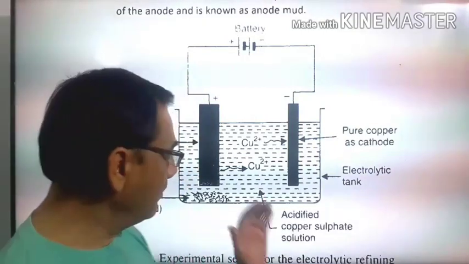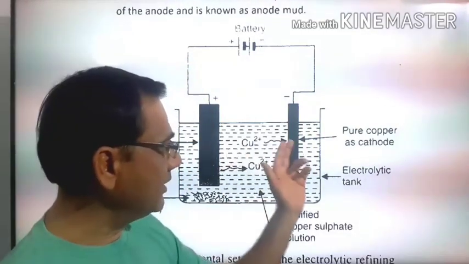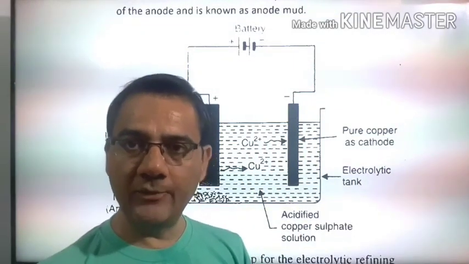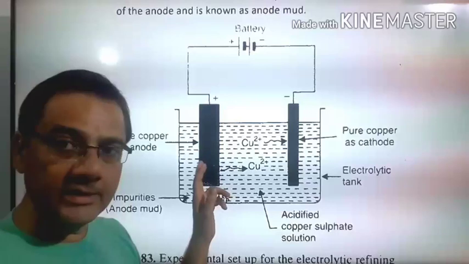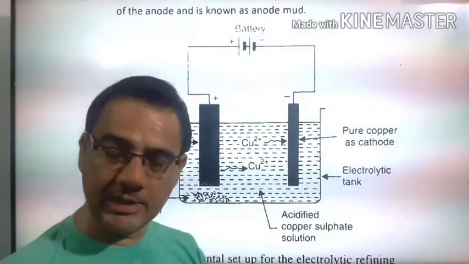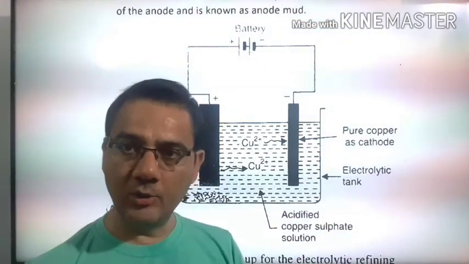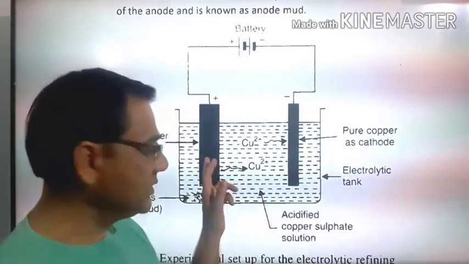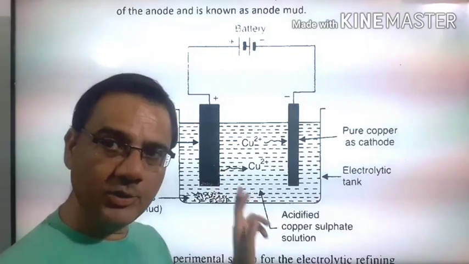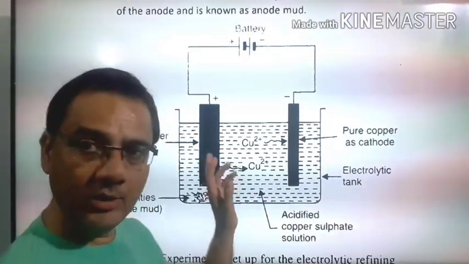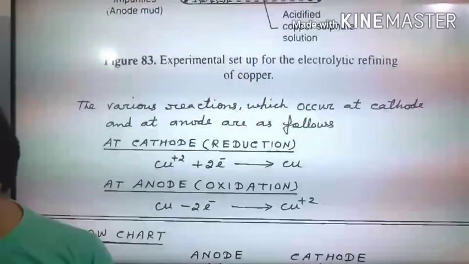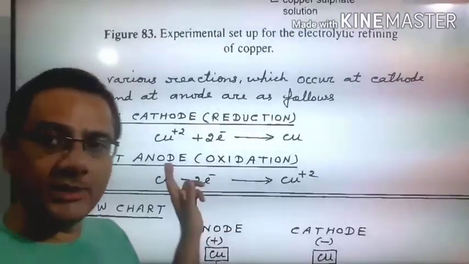So as and when more and more copper plus 2 ions move toward the cathode, the equivalent amount of copper which is present at this electrode gets oxidized. Oxidized का मतलब इलेक्ट्रॉन को रिमूव करके कॉपर प्लस 2 में कन्वर्ट हो जाता है. तो that copper which is present here converts into copper plus 2, और ये हमारे कहलाता है एनोड. और एनोड की जो रिएक्शन है वो देखिए, this is the reaction at anode.